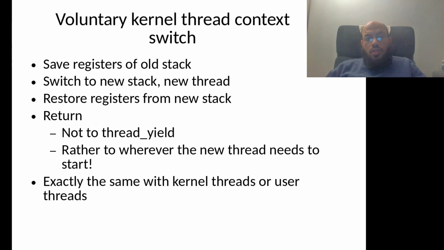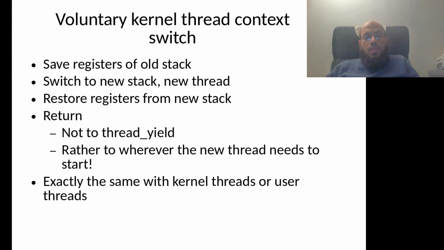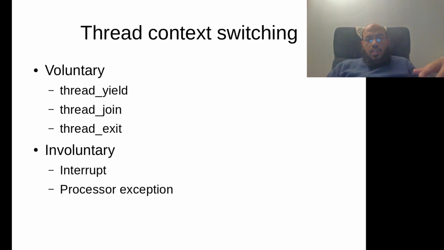Then when you do a voluntary kernel thread context switching, the first thing that the operating system, the kernel, does is that it saves the registers of the old stack of the old thread that is going to be evicted. Then it switches to the new thread's stack and to the new thread, and restores registers from the new stack, because as I said, when you move from, for example, running to ready,